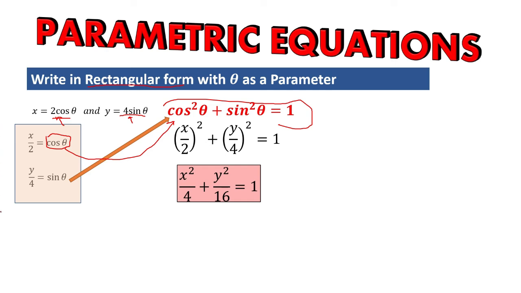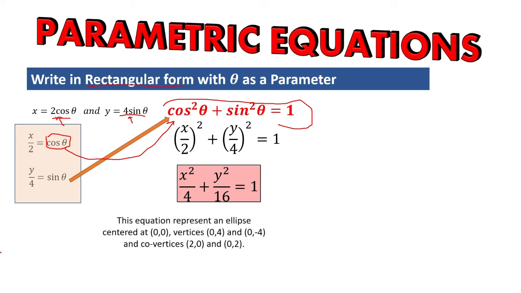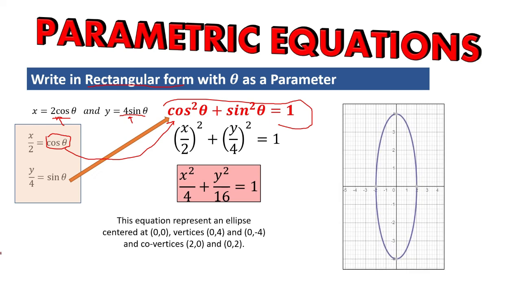And you need to recognize what kind of conic this is. This is an ellipse. This equation represents an ellipse. Center 0, 0. The vertices 0, 4 and 0, negative 4. And the co-vertices 2, 0 and negative 2, 0. And you make a graph. Because you see, a squared is 16